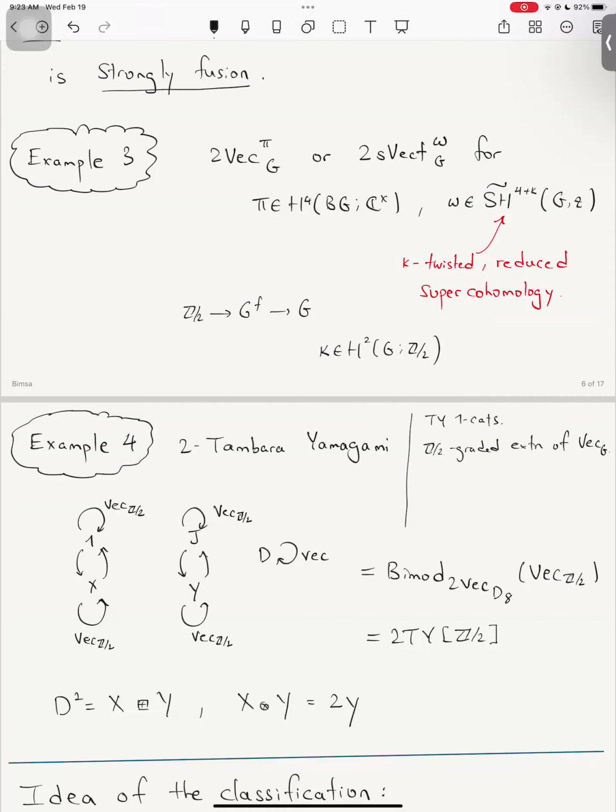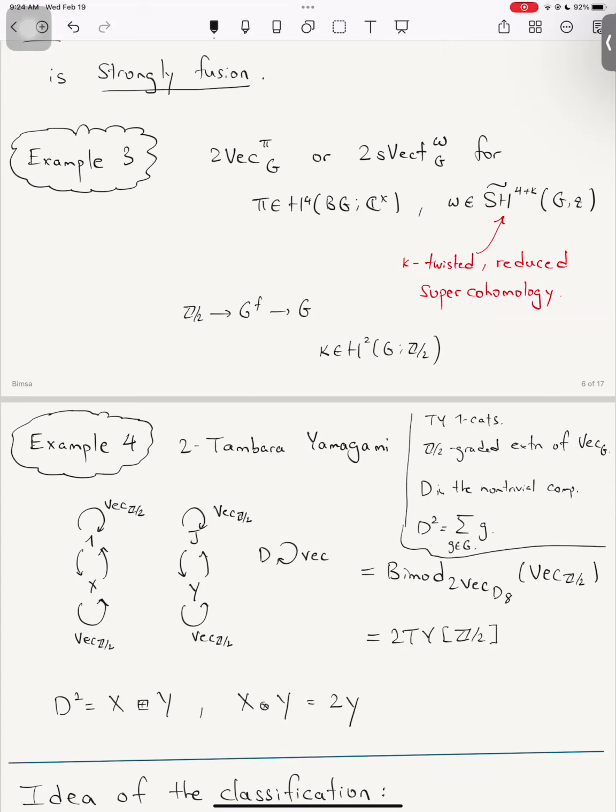And the idea is that I'm going to have an object in the non-trivial component, such that when you square it, you get the sum of all the G's in the trivial graded component. So that's the name of the game for fusion 1 categories. And so we want